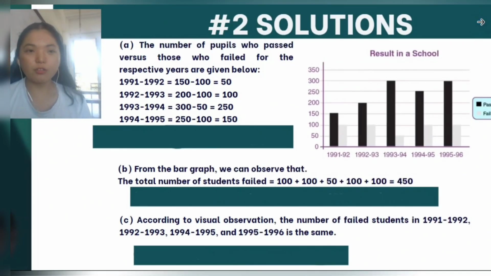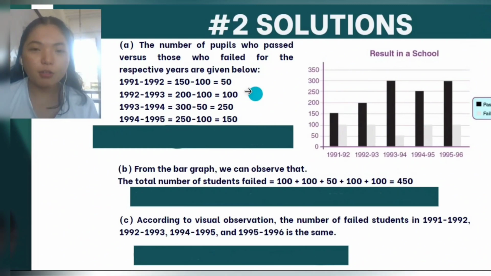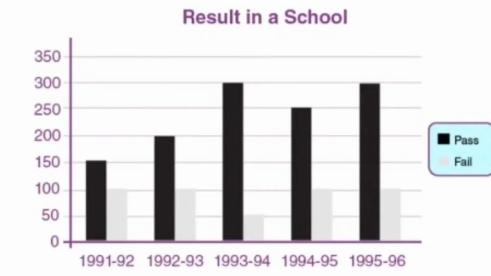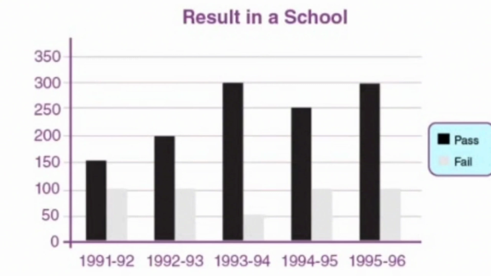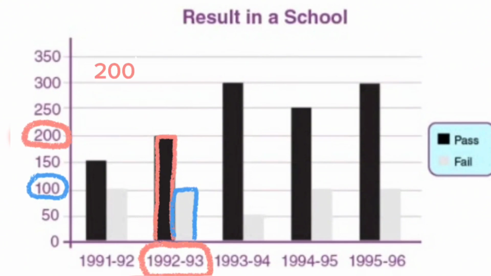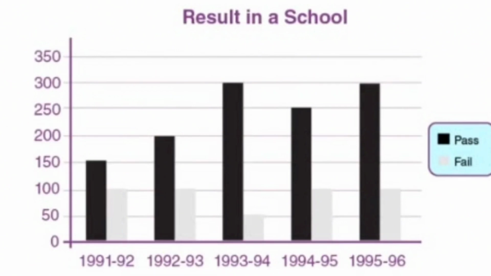Number 2 solution for the letter A, the number of pupils who passed versus those who failed for the respective years are given below. To solve this, we need to subtract for the year 1991 to 1992, so we have 150 minus 100 equals 50. Then we subtract for the year 1992 to 1993, so we have 200 minus 100 equals 100. Then we subtract for the year 1993